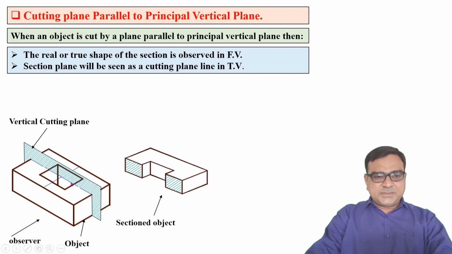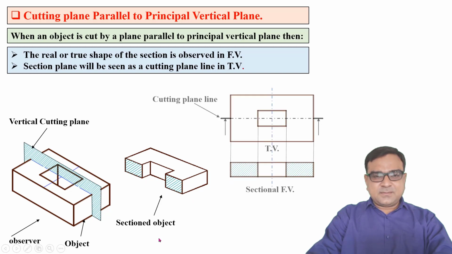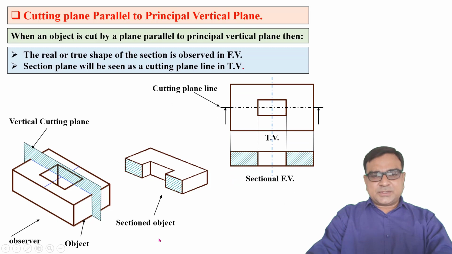Now if we cut the object with a vertical cutting plane and remove the front half portion, then the back side half portion looks like this. Here the cutting plane is passing through this surface, so that surface is highlighted by hatching lines. When we draw the orthographic projections using the third angle projection method, the front view of this part, meaning the sectional front view,